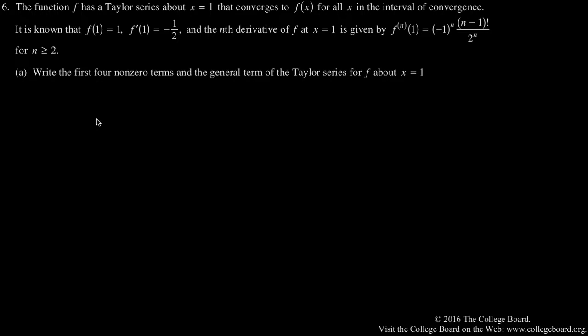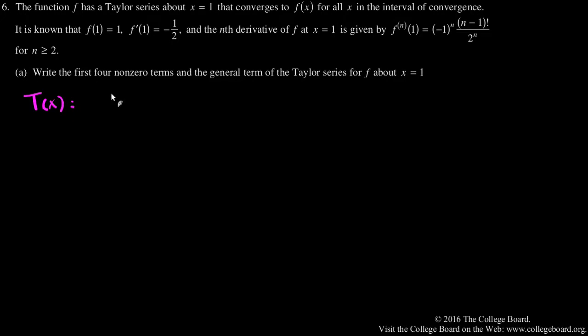We want to find the first 4 non-zero terms and the general term of the Taylor series for f about x equals 1. So the first 4 terms is not too tricky. The general term might take a little bit more work. But here's the idea. For the first 4 terms, what we're going to end up with is this. So the Taylor polynomial